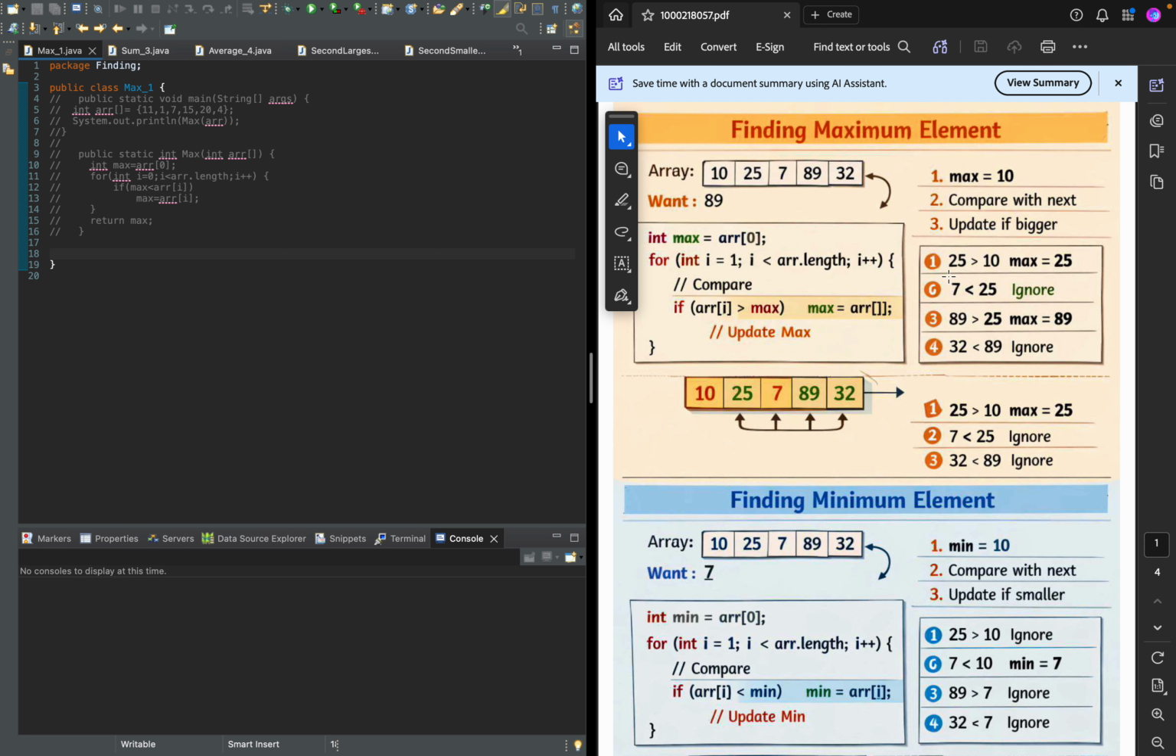let's start. While writing the code, I will explain how it works. If you want to see the tracing, you can see it here. I will also explain. Okay, let's start coding. A main method, int arr equal to 10, 1, 25, 7, 5. Okay,